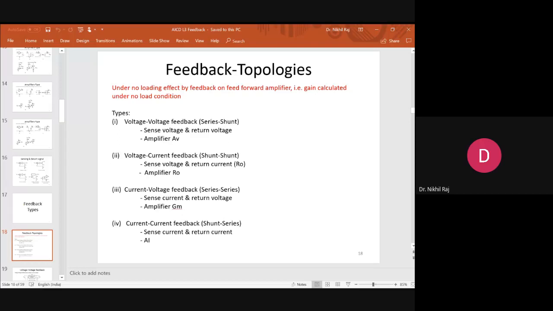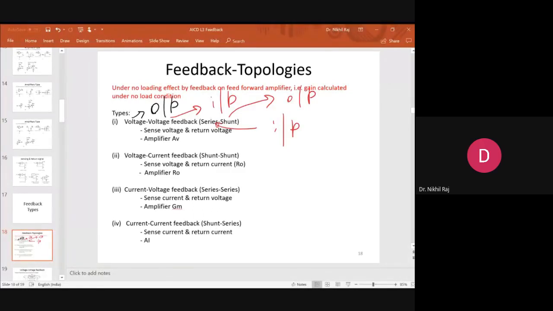And then based on the terminology we can identify whether it is sensing output or input. So just for recap, when I am writing voltage feedback, this means the first term will represent your output, and the second will represent your input. Another name is given by series shunt. When I am writing in this fashion, the first terminology always stands for input and the second terminology stands for your output. Just remember this pattern.